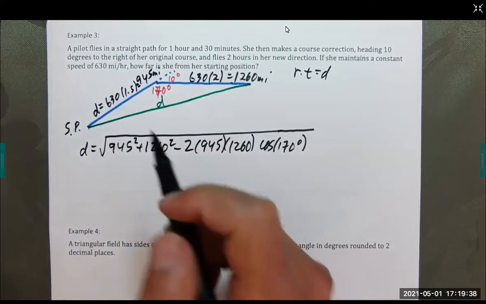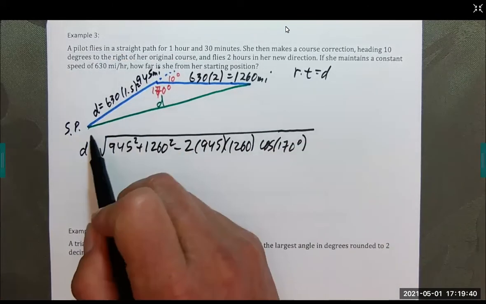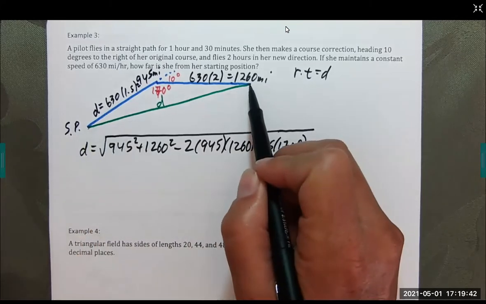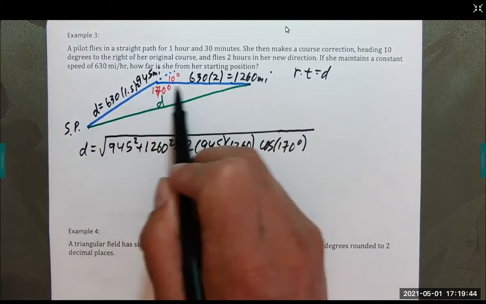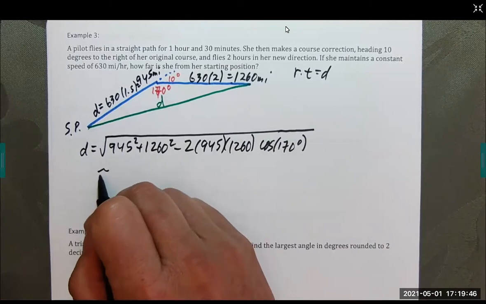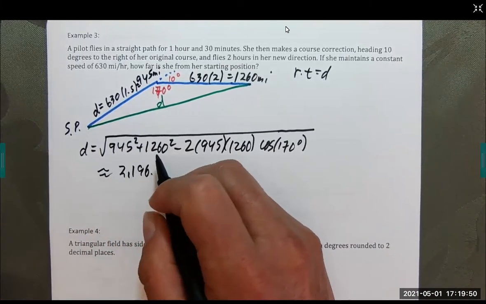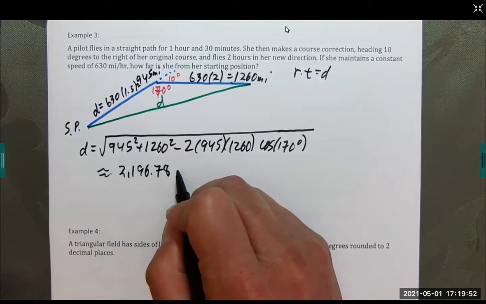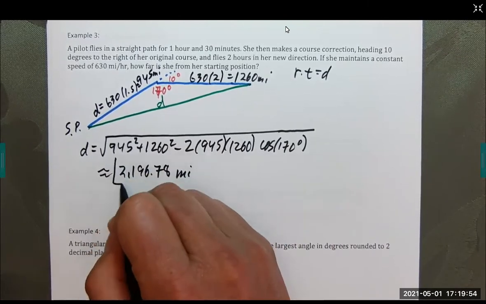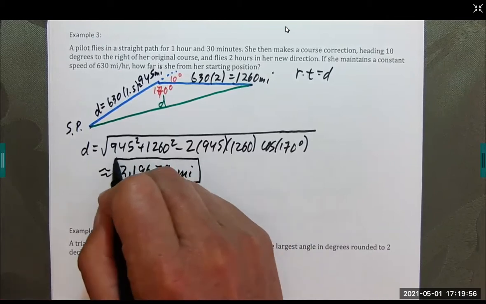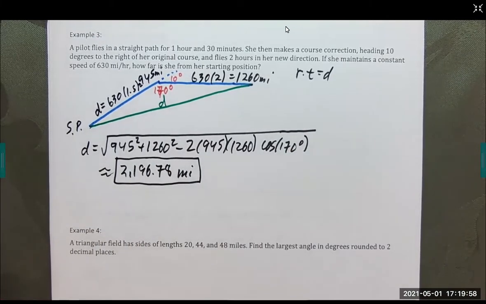So it looks like the distance from the original starting point to, I guess that's 3.5 hours with a course change, is about 2,196.78 miles away. Just by using our formula there that we've had forever. And our last example,